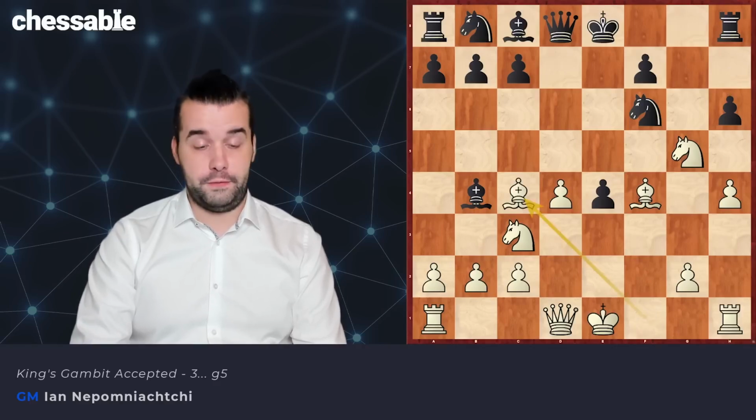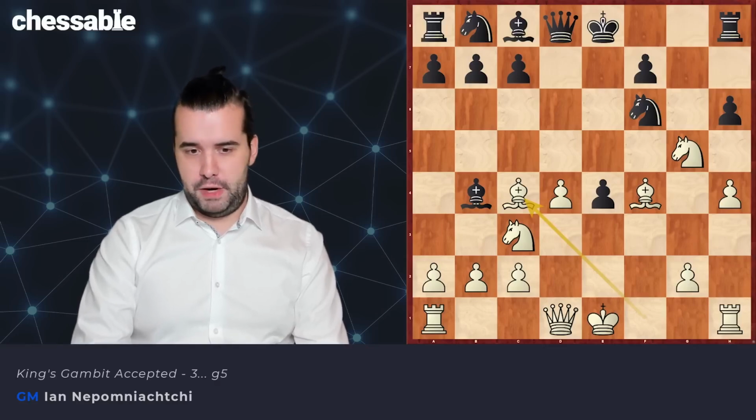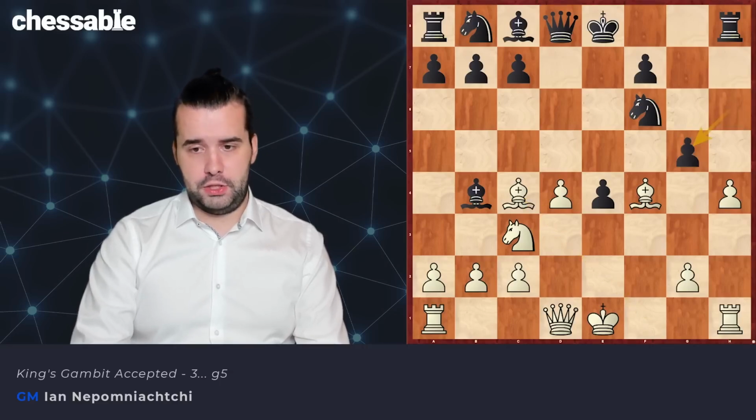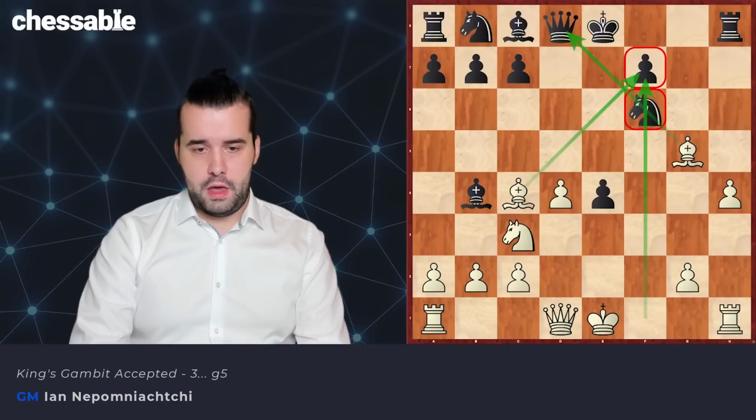Today we go for bishop c4, and this is very nice. I believe in a practical game, white would be even a slight favorite, especially if black sees this for the first time. So h takes g5, bishop takes g5, and now,